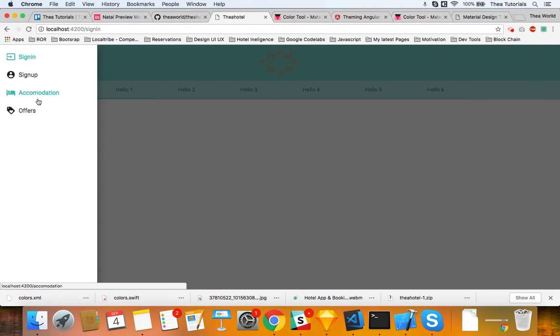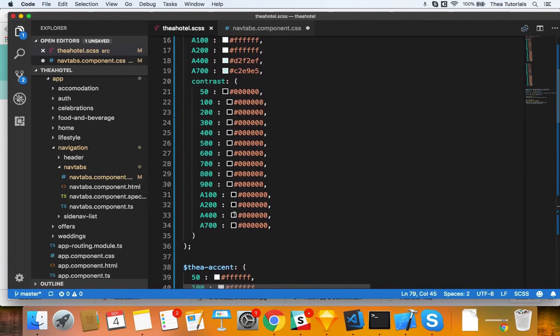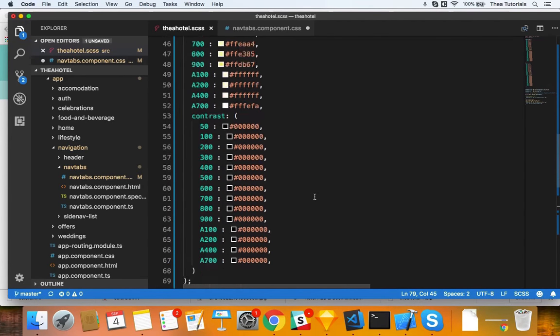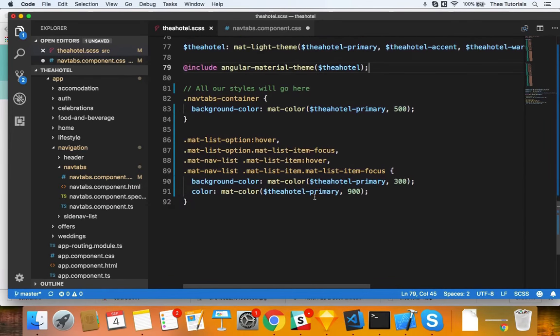So again, I'm going to make this 300. Just make sure that you know what's going on. Make sure that you look at this. The Thea primary starts from 50, 100, all the way to the alpha 700, and then you have all the contrasts as well. So now you understand why I'm saying